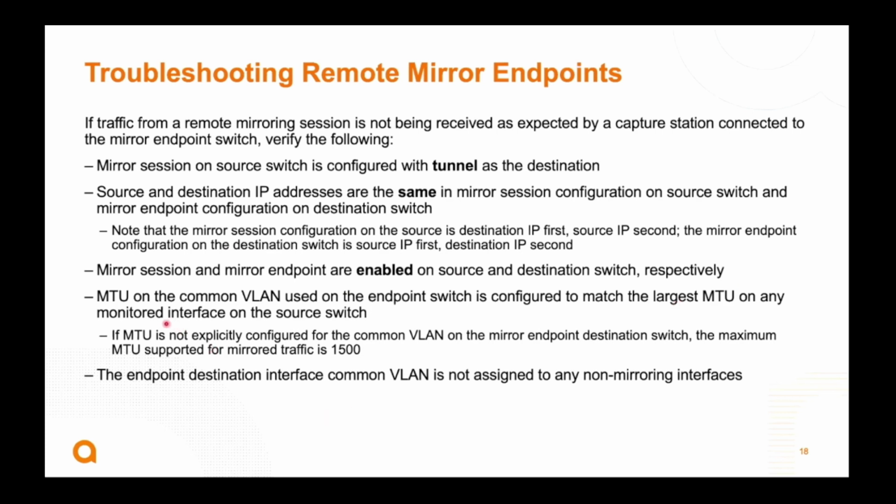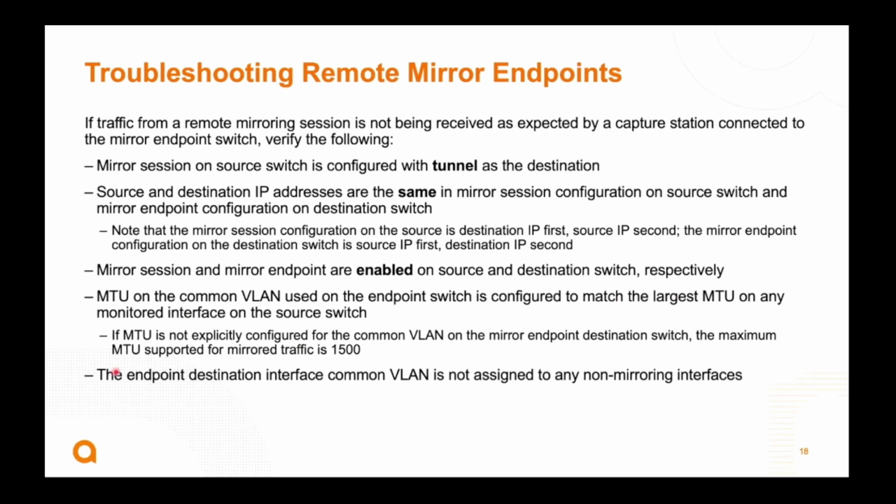The MTU on the common VLAN matches the largest MTU on any monitored interface on the source switch. The default, if not explicitly configured, is 1500. So if you don't have MTU configured on the endpoint switch and you have packets greater than 1500 bytes on the source switch, those packets get dropped at the endpoint. So you have to make sure that the MTU matches the largest MTU on the source switch,